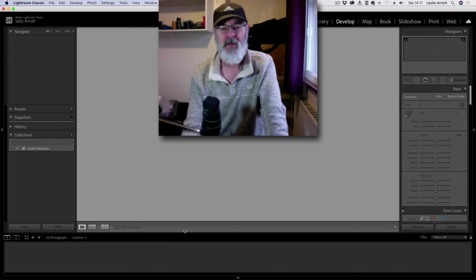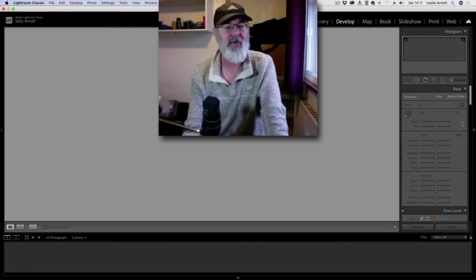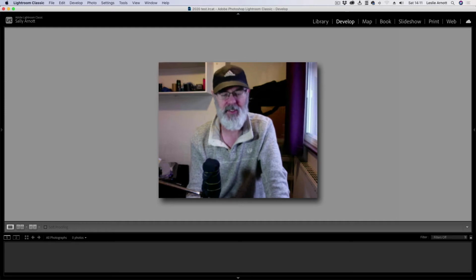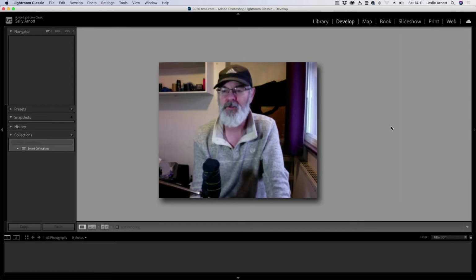So when you're editing a picture, sometimes it's a good idea to get rid of these on the left hand side because you don't really need them. You'll be working more on this side, and if you just want to view your pictures, you can take them both away, drag this down and make your screen larger. So that's just a little bit about